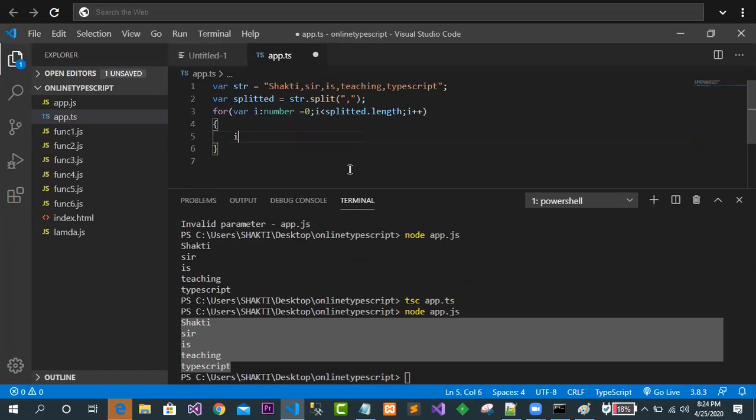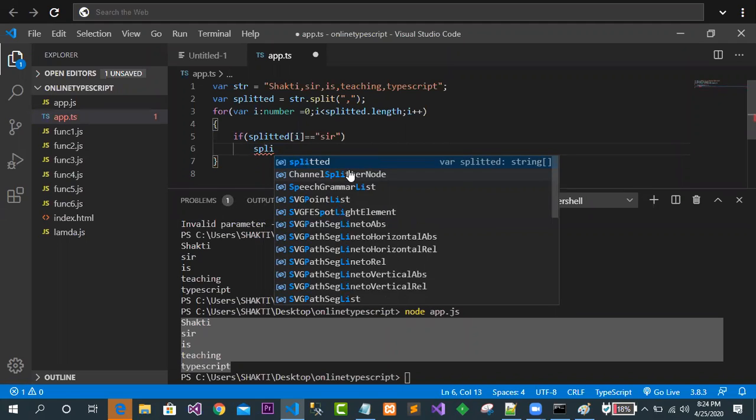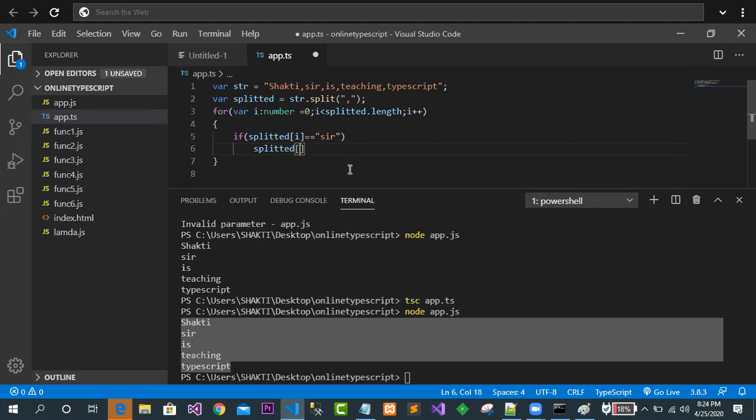First of all, I will check splitted of i is double equal to "sir". If I find "sir", then I will concatenate to it.